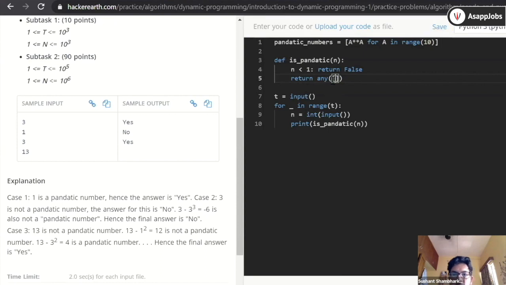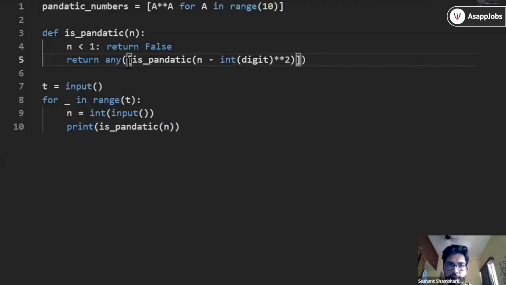Now we need to make a recursive call here. is_pentatonic. Okay, is_pentatonic. Now we need to jump to the next state, right? So now we are at n state. The next state will be subtracting some digit from it, right? I will calculate that digit in the loop variable. I'll say it is int(digit), and it is squared, for digit in str(n).